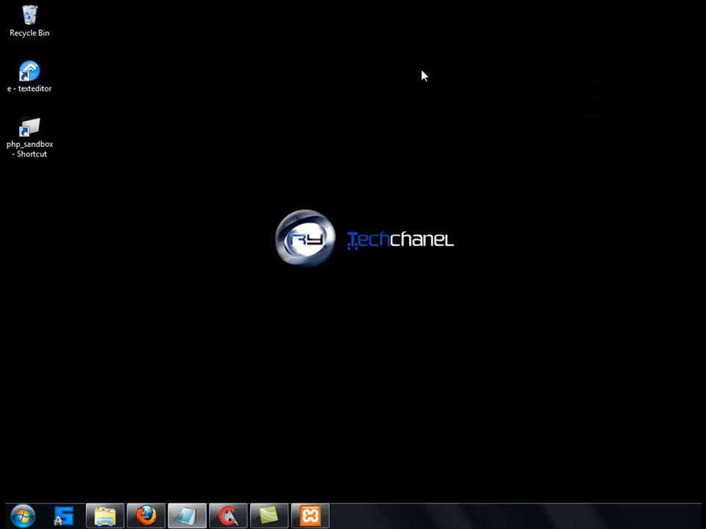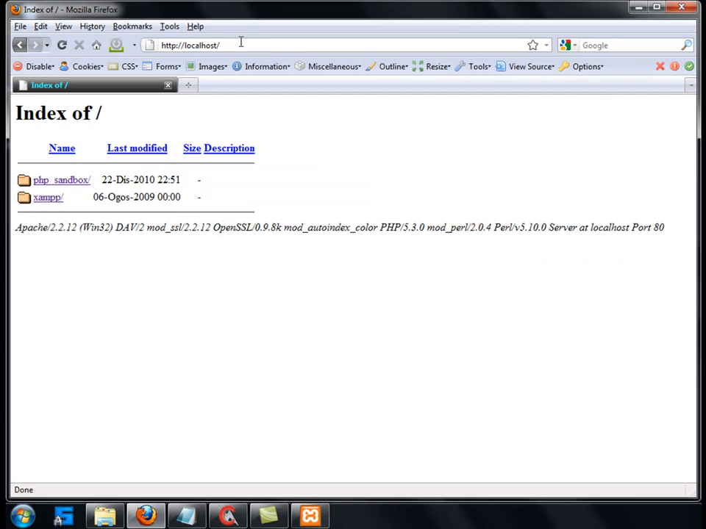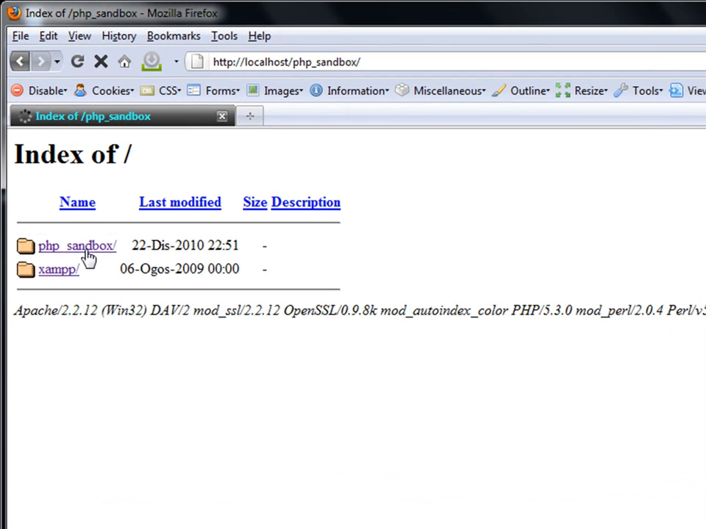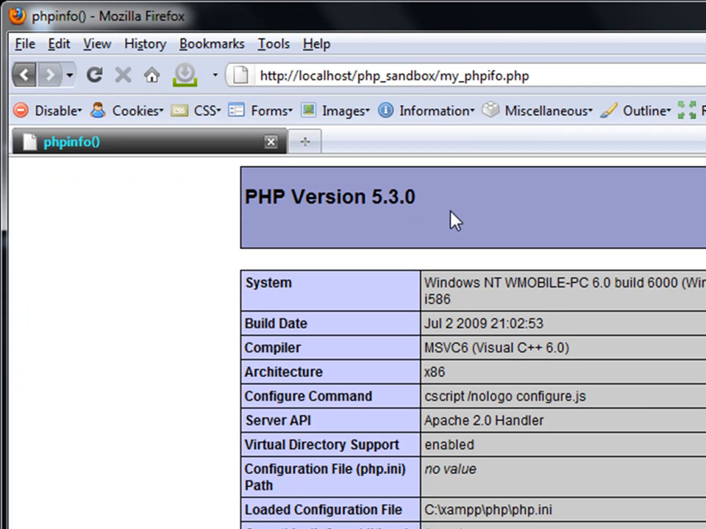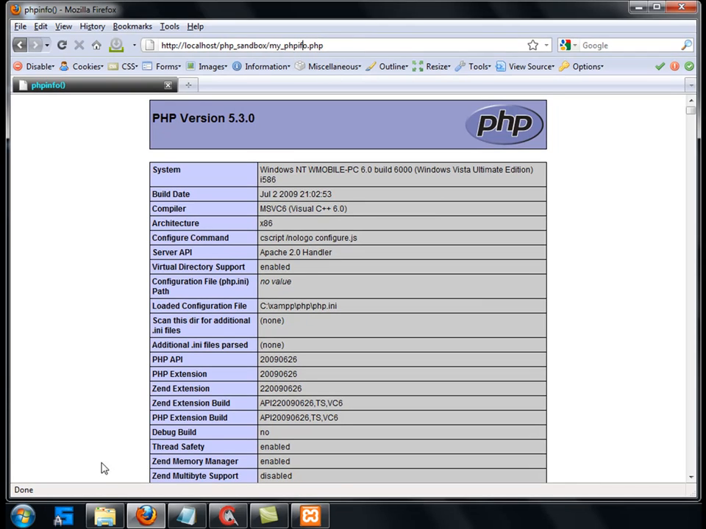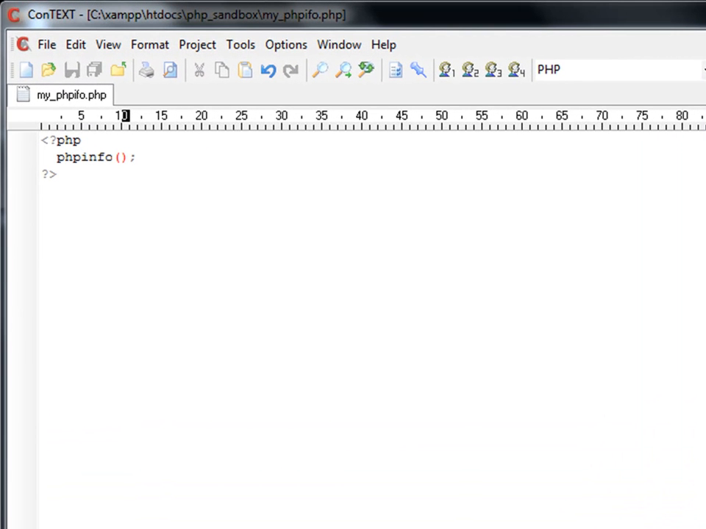So you want to open up your browser and go to localhost, click PHP sandbox, and here is myphpinfo.php. Oh, I spelled it wrong actually, but it's okay as long as the name of the function right here is correct. This function is actually a very special PHP function that returns all sorts of information